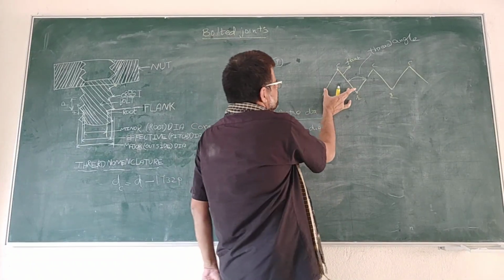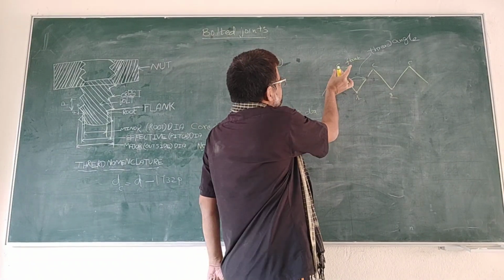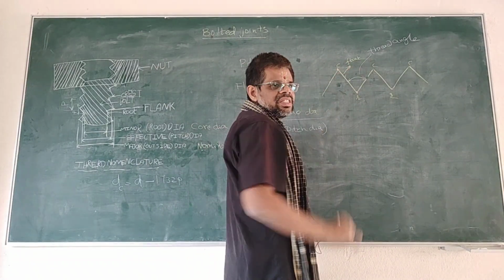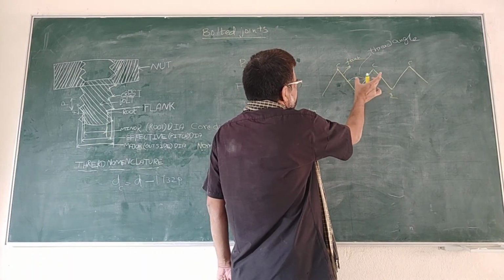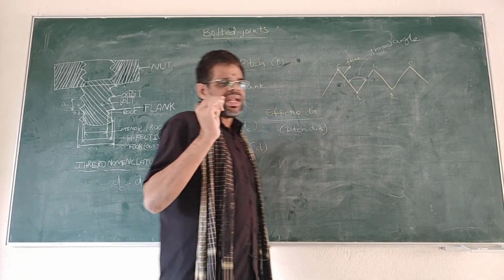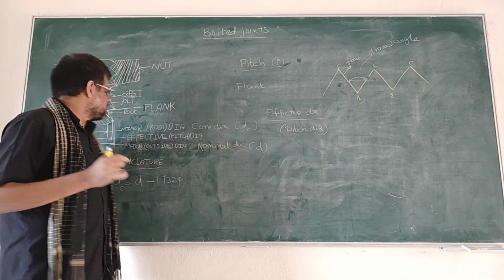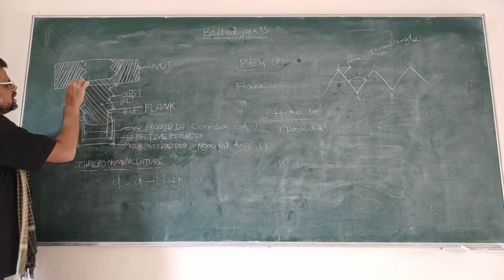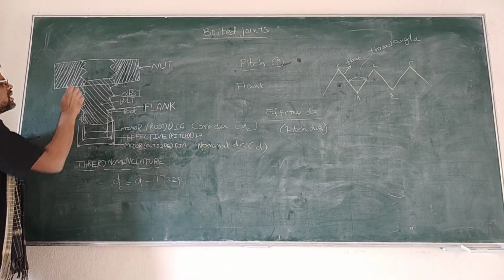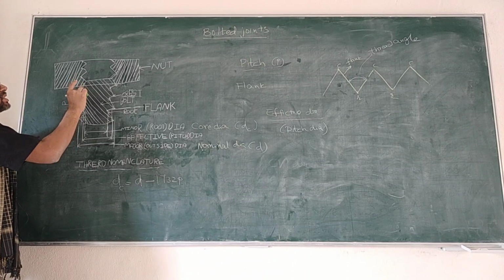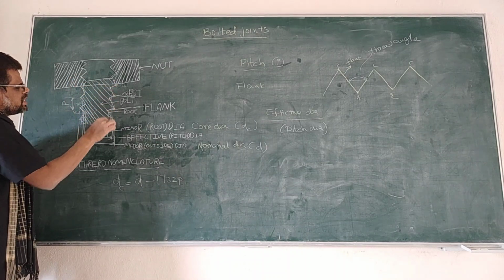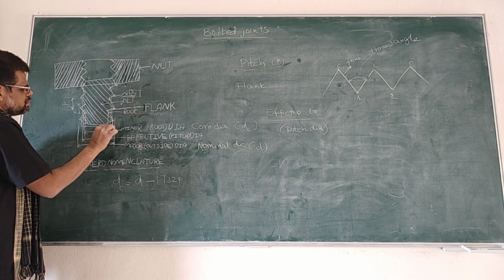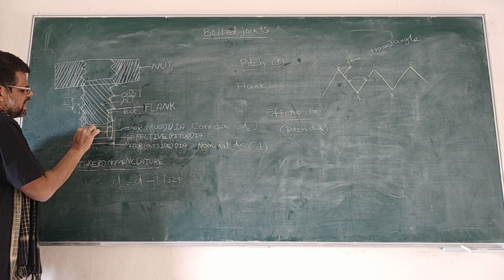Here this width is not equal to the space. Here also this width is not equal to the space. So at the center point the width is equal to the space. At that point, if you measure the diameter, see, here, this is the space and this is the width. This is the space and this is the width. Now if you measure the diameter between these two,